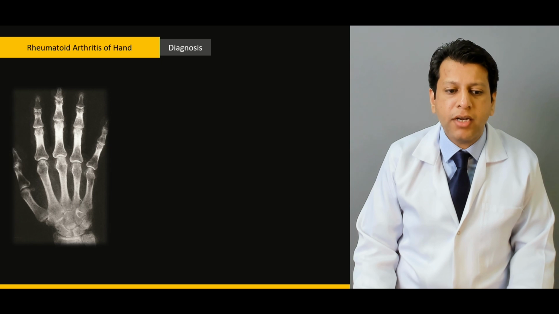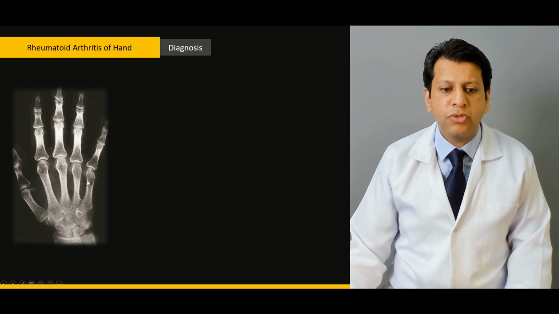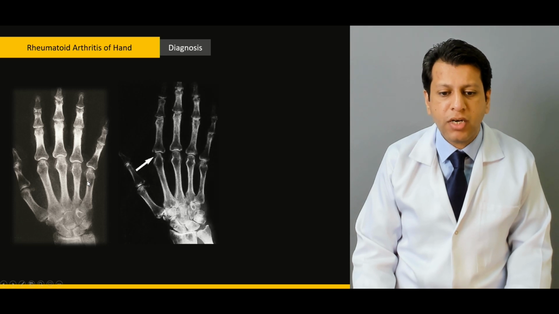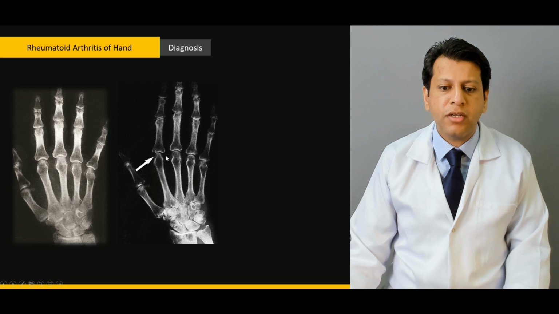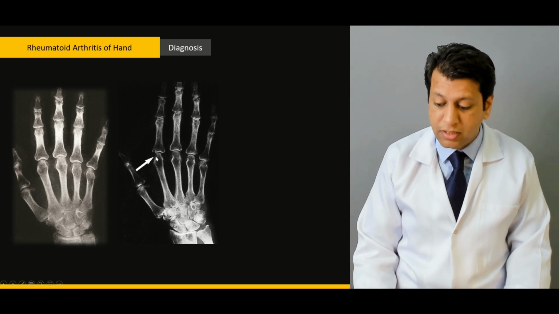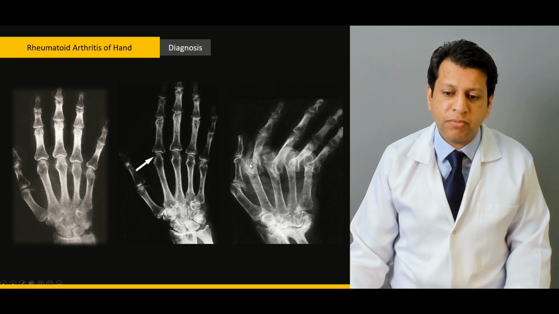Now, how to make a diagnosis? If you see it over here, can you see periarticular osteopenia, especially of the metacarpophalangeal joint? This is one form in which rheumatoid arthritis can present. Eventually, you can see there is periarticular osteopenia and erosions, and the subchondral bone is collapsing over here in the metacarpophalangeal joint. This is another form of presentation, and rheumatoid arthritis can present with this kind of situation as well,